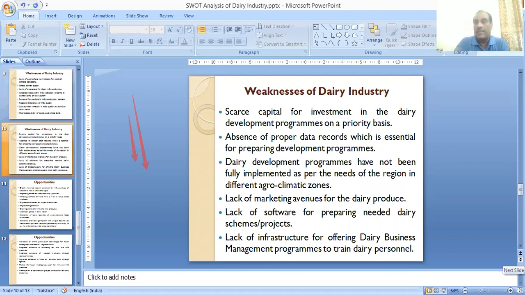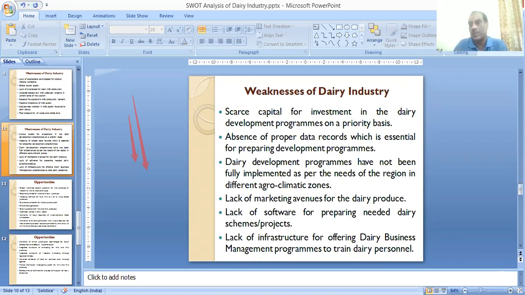And then scarce capital for investment in the dairy development programs on a priority basis. Our dairy producers are small and marginal farmers, even landless, that don't have sufficient capital to invest in the dairy sector, in animal husbandry. Although government is now according it highest priority, there are different kinds of schemes, different kinds of subsidies which are given. And we have discussed it in entrepreneurship classes, and we will again discuss. So the things are improving, but